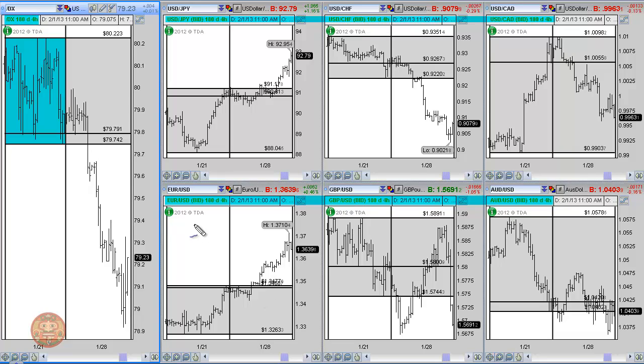But take a look at the dollar index futures breaking down below last week's low. You have a little breakdown at 79.90, before pushing lower, down as low as 78.90, and then bouncing, closing right around 79.23. Now the reason I mention this is because this break below last week's low provided you with an opportunity to get short the dollar, which would mean that on the opposite side we would get long